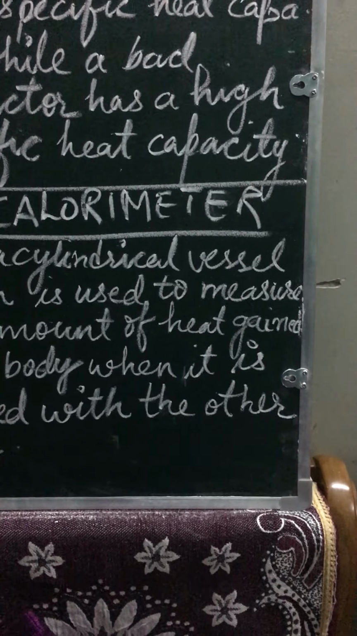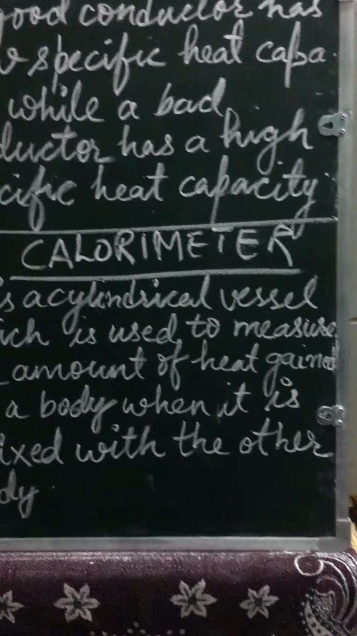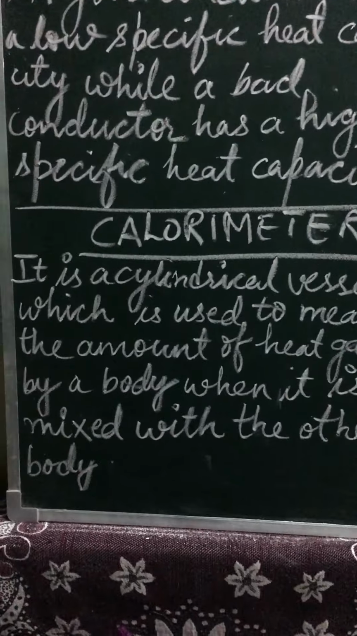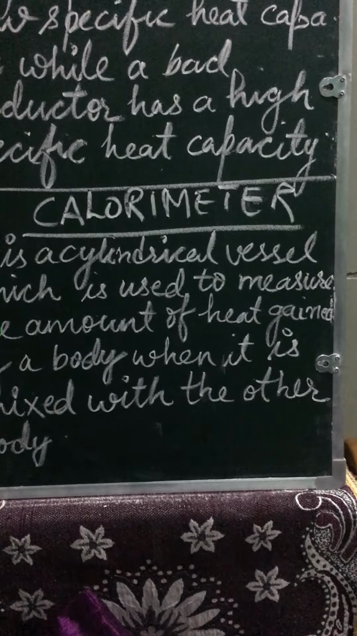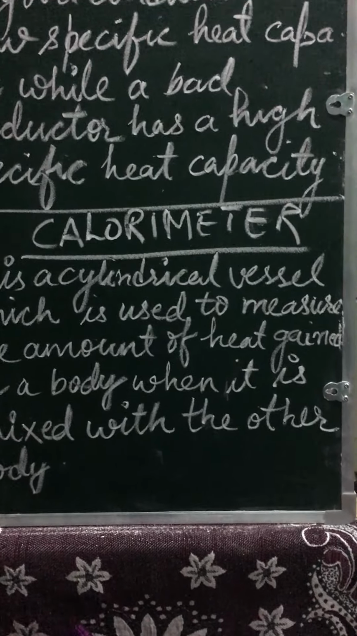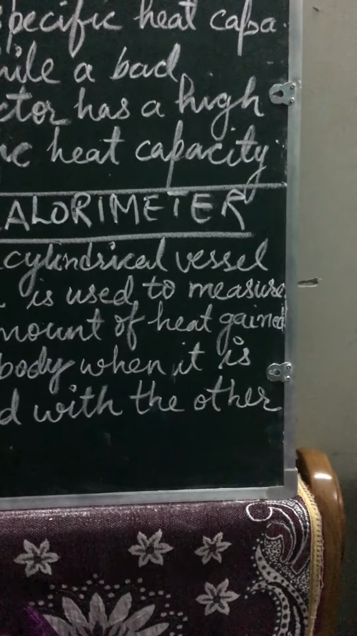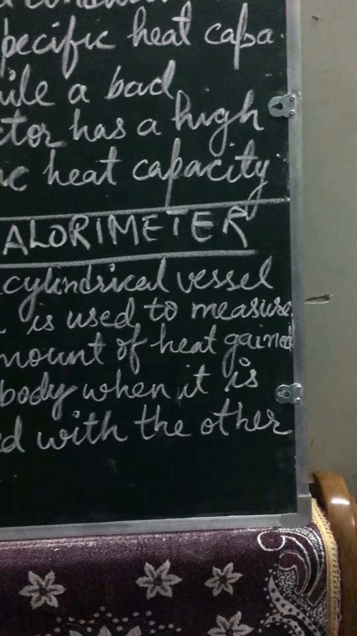So this also comes many times: why a calorimeter is made up of copper, or it comes like this, a calorimeter is made up of which substance? Give reason for that. So a calorimeter is made up of copper. Reason: because copper is a good conductor of